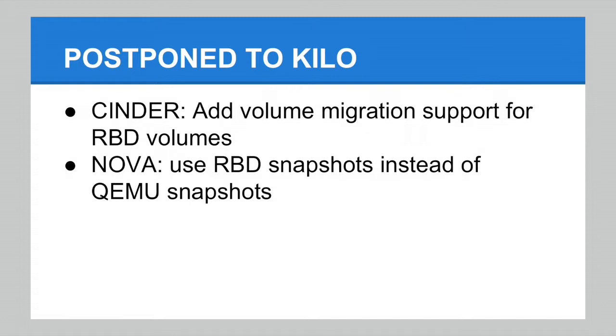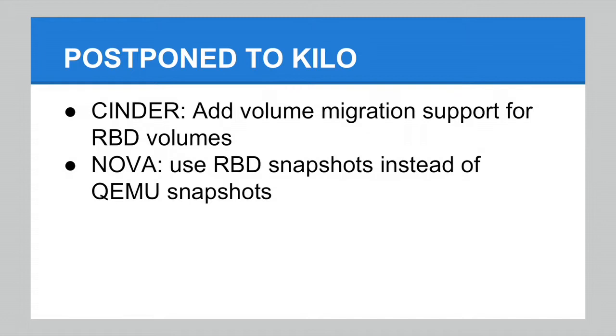Unfortunately, there are things that have been postponed to Kilo. In Cinder, we still don't have the ability to migrate Cinder volumes, because within Cinder, a couple of releases ago, they introduced a new feature called multi-backend. So you can define a volume type per backend. So you can have a NetApp backend where the type is called NetApp, and then a Ceph backend. And ideally, you will be able to migrate from NFS to NetApp and the other way around, NetApp to Ceph and the other way around,